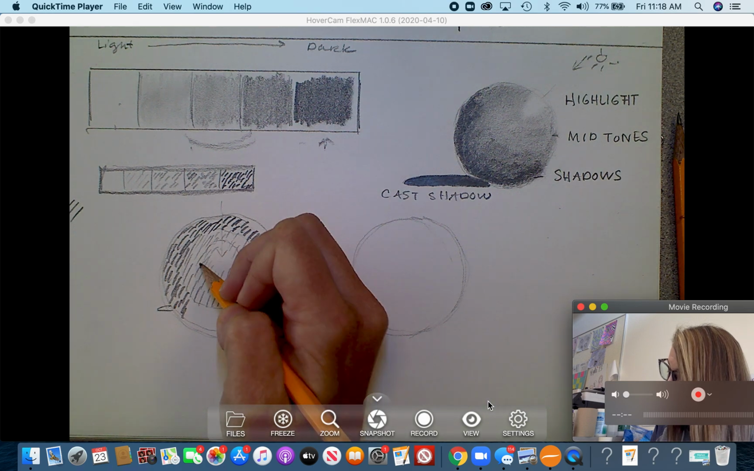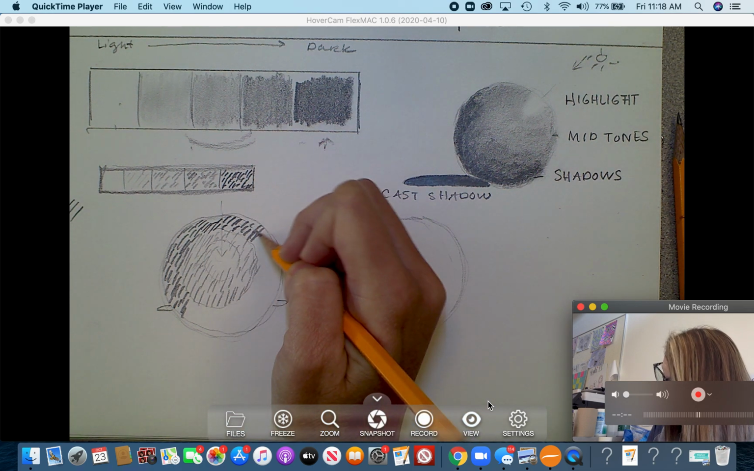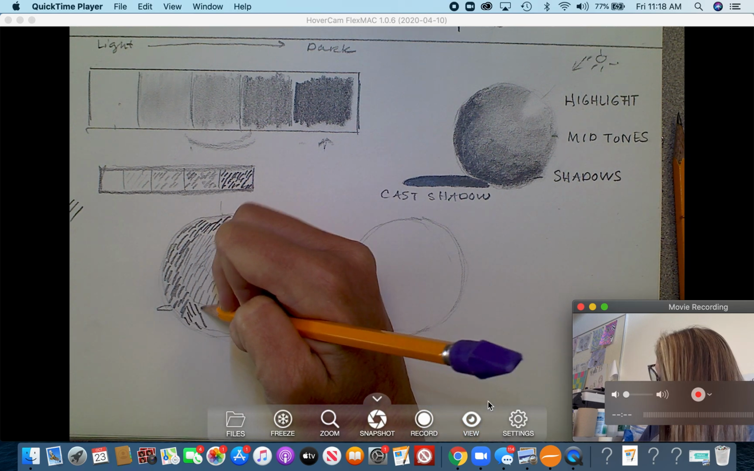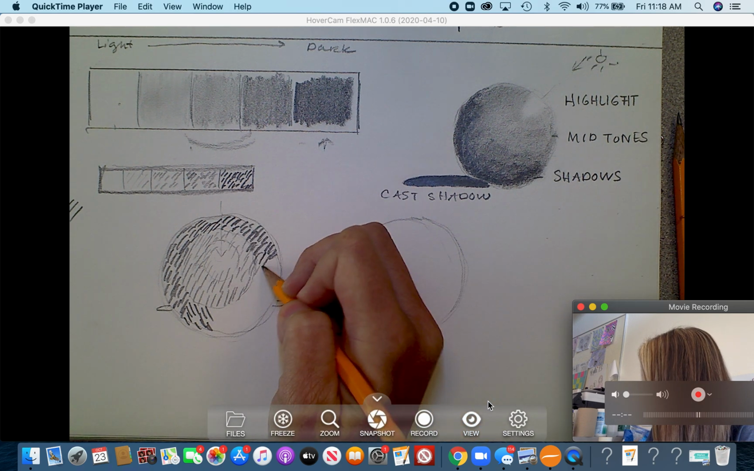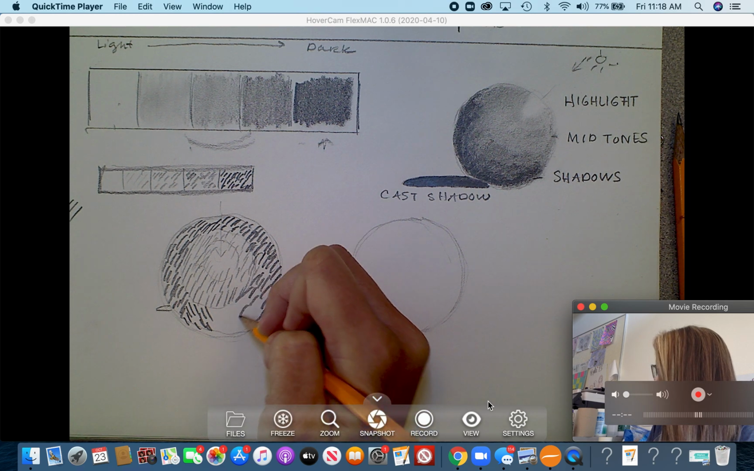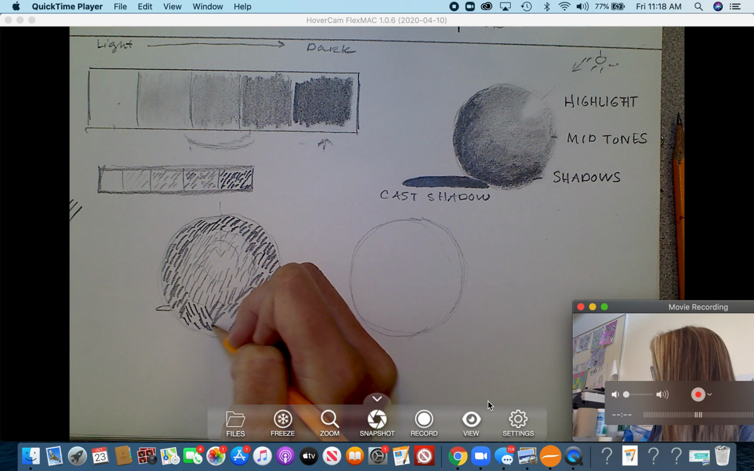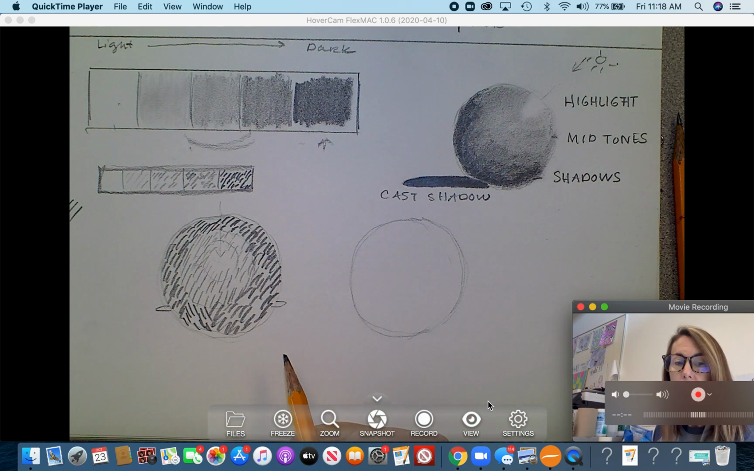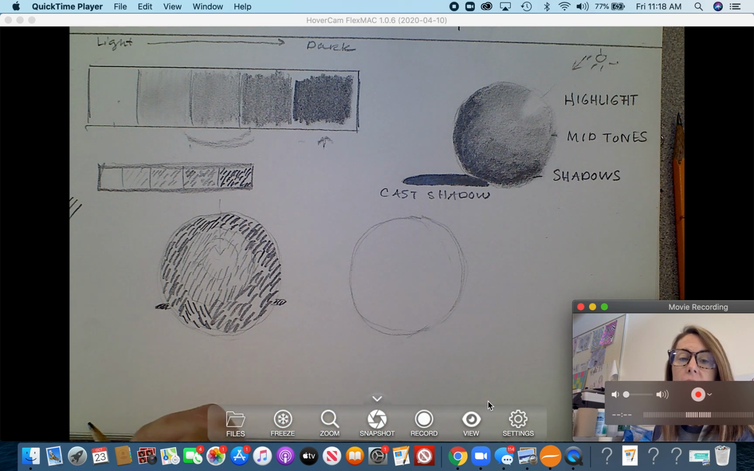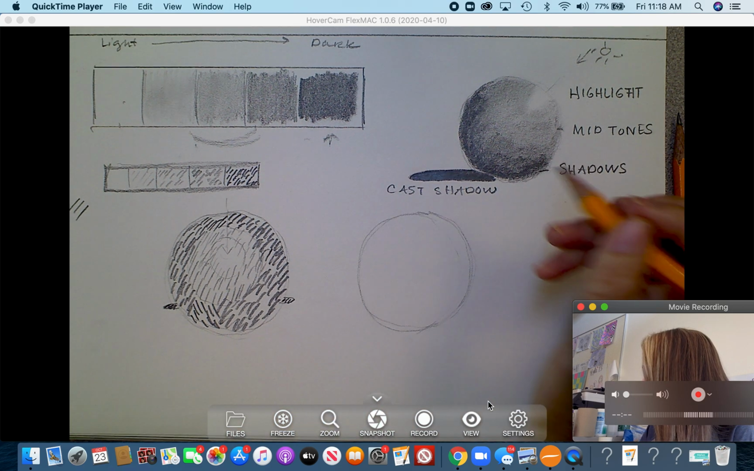I'm going to add some more in here. Okay, so I'm pressing, but what else am I doing? Closer together. All right, so this would be your hatching sphere. All right, and then same thing with my cast shadow. All right, the next one is going to be our